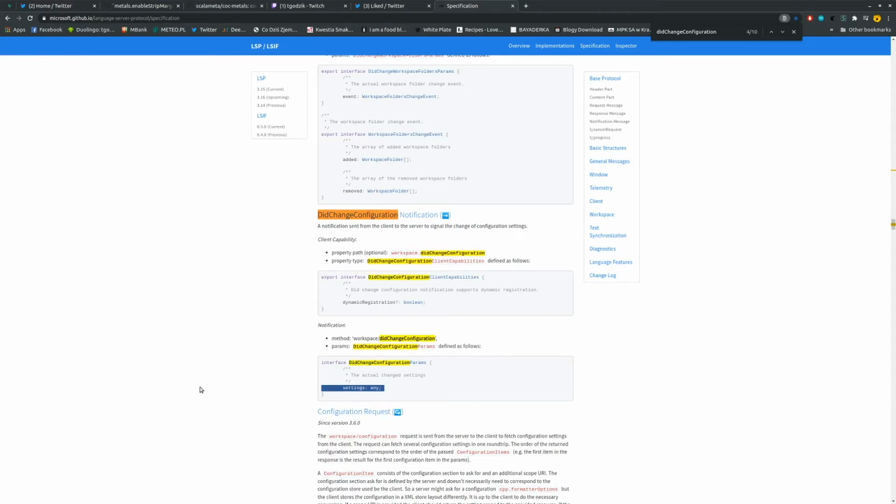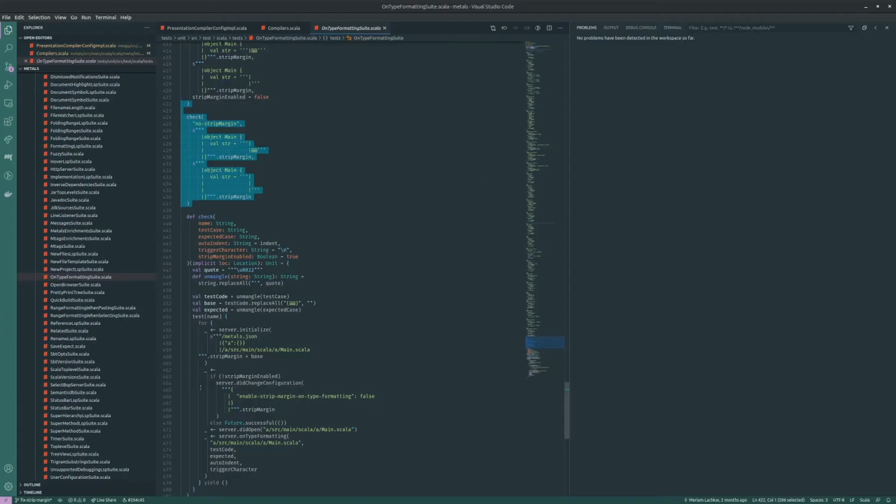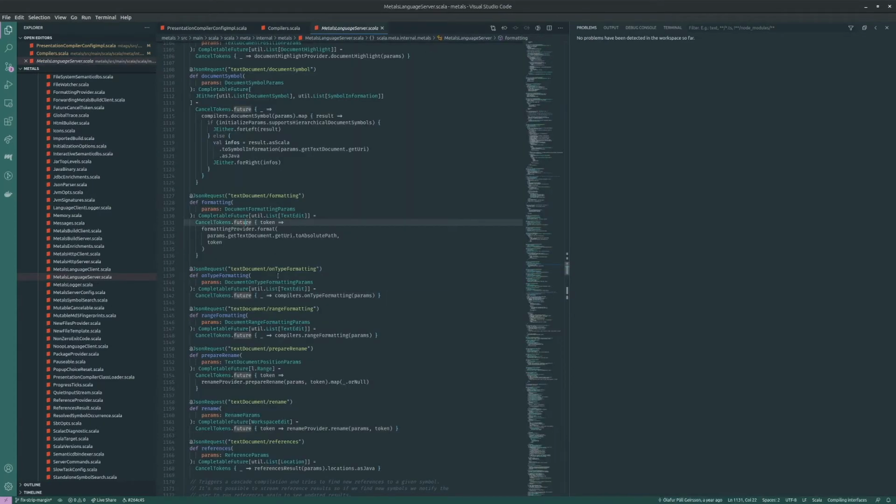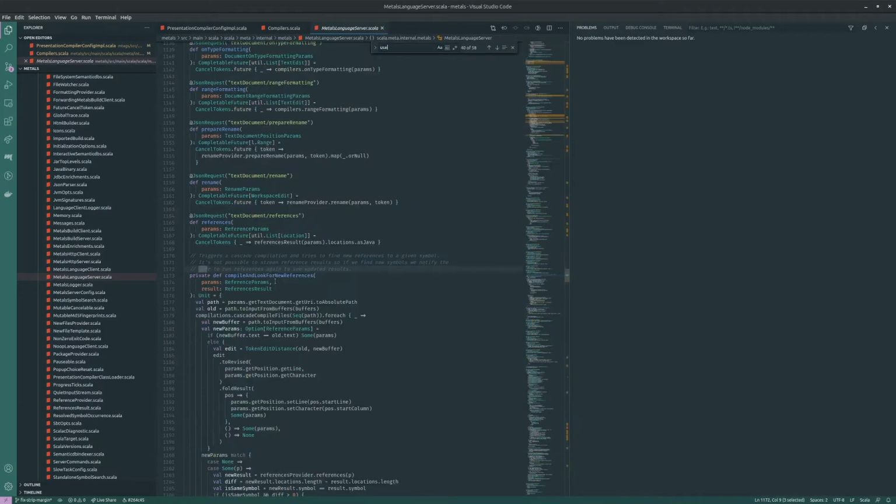That's why we need to have this parameter lazy, because each time something changes, we need to update that. It's possible to have done differently, but it's currently done this way inside Metals. We can look at Metals Language Server. This is the main thing, and this is actually the main place